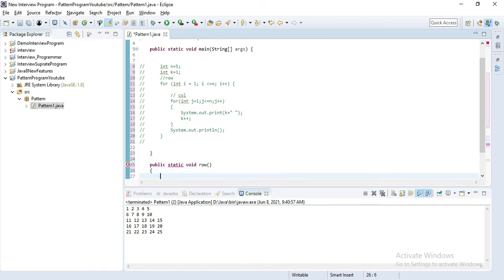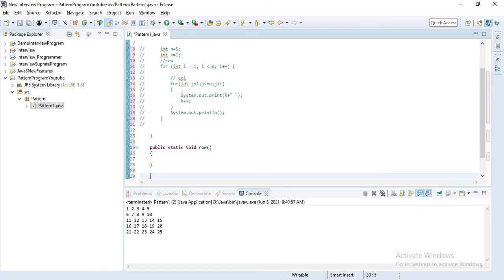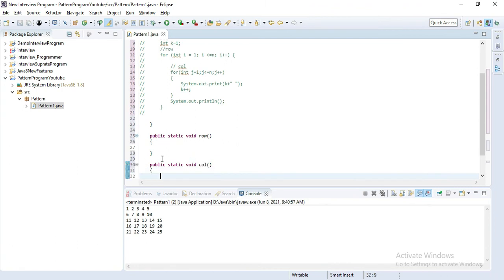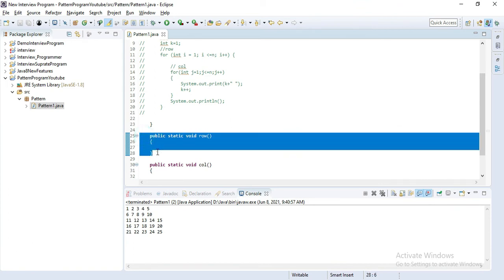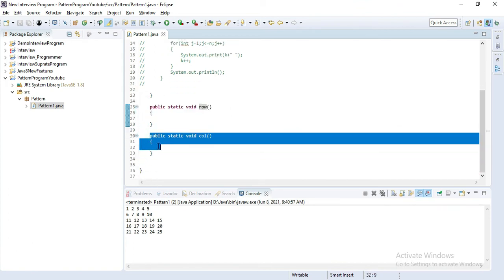This one is a row, and one more public static void column. Call these two methods. Now we have to treat these two methods like this method is a row for loop and this method is a column for loop.